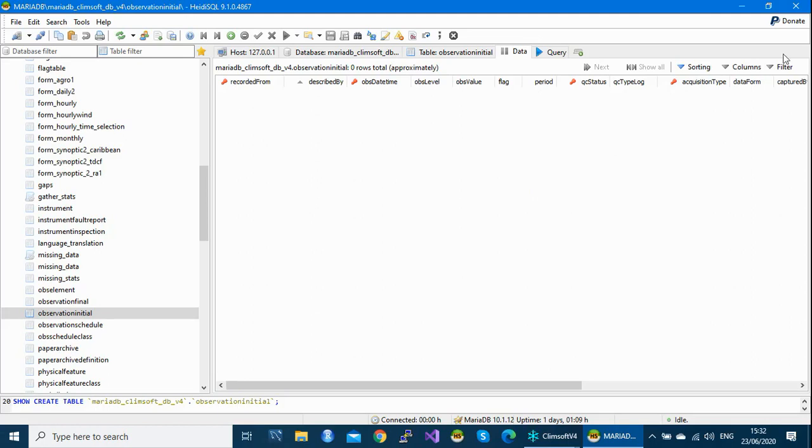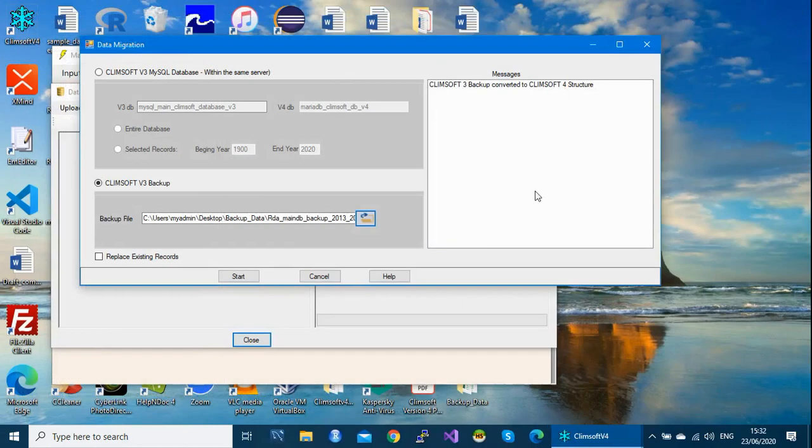It is empty now, but after migration, this table will be filled. We'll check as well. So that means you can start now to migrate your data. As I said, if you want to replace existing data in the database, you can do this. But since our database is empty, we can leave it and then we start migrating the data by clicking on the start button.